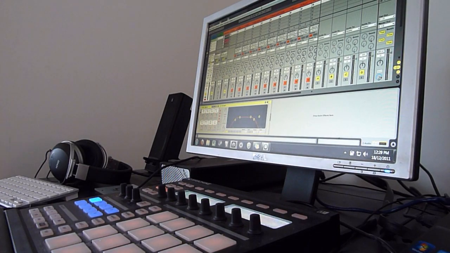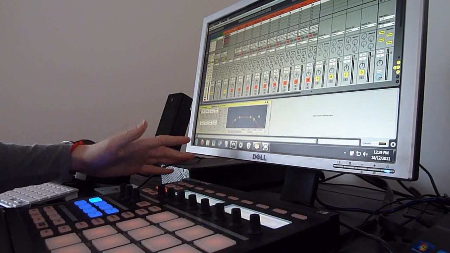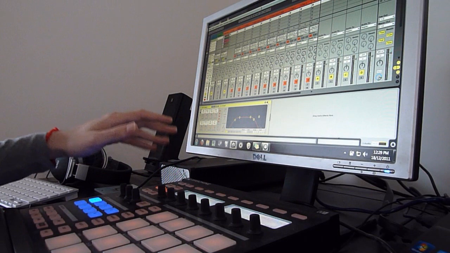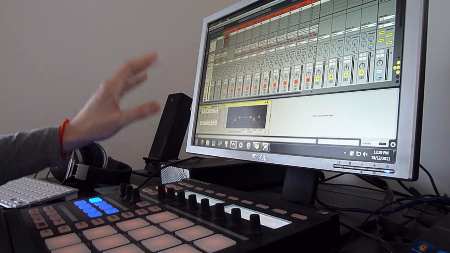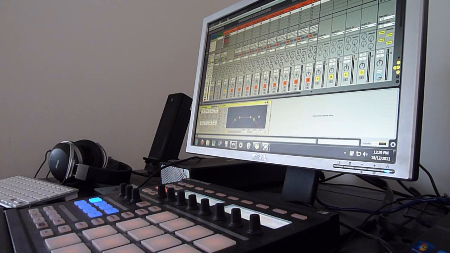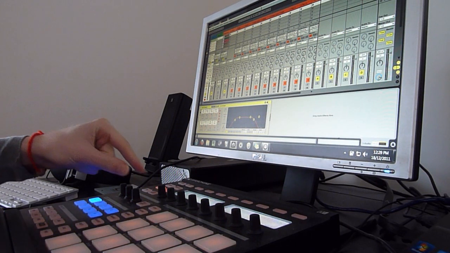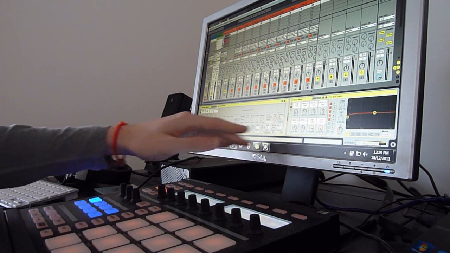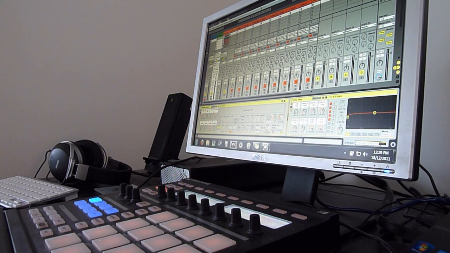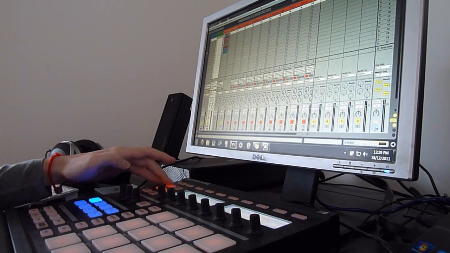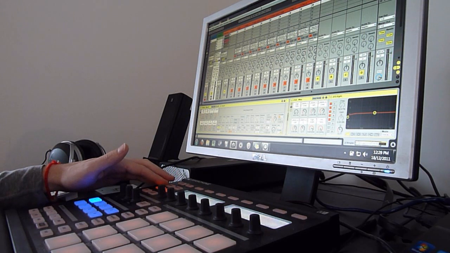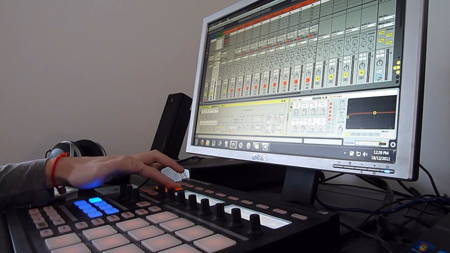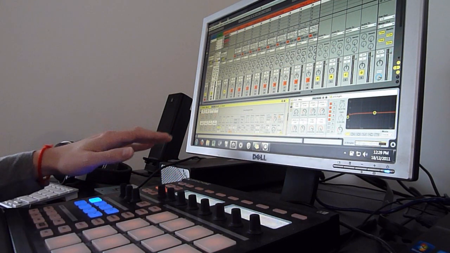So I'll just go over the last few buttons that I have mapped here, which is also to do with selecting and controlling devices, which enables you to use the instant mapping function. So I'll just select this simpler track here. So this has got simpler in a rack and then an EQ next to it. So the browse button here, that brings up your device detail bar down the bottom, and the sampling button will